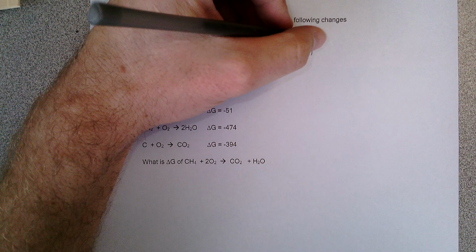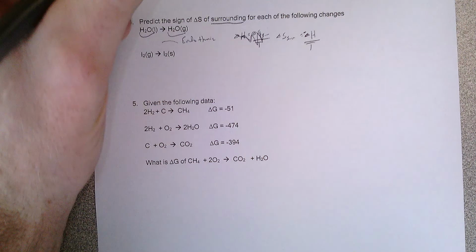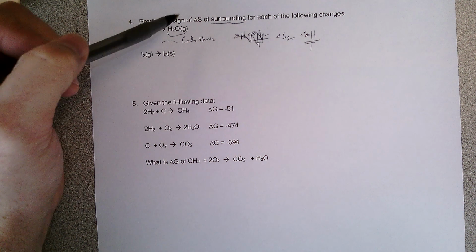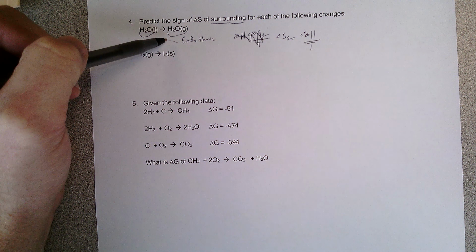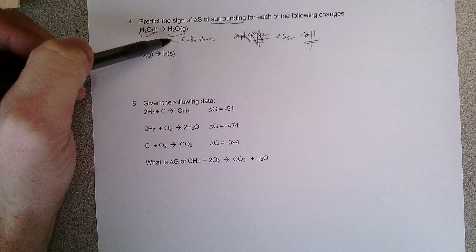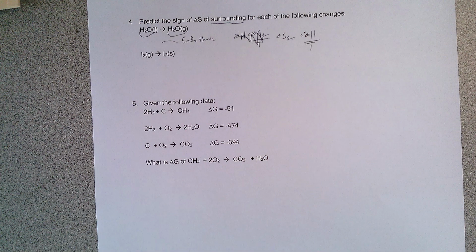The negative of the delta H, right? They're opposite signs and that kind of thing. So I don't really like going through the equation. I like thinking it through, right? But so this is an endothermic process. So you're having to put heat into it. That means it's endothermic, so heat is going in.